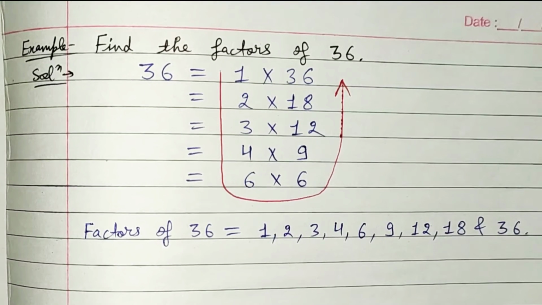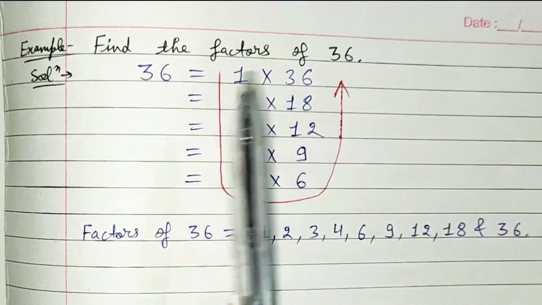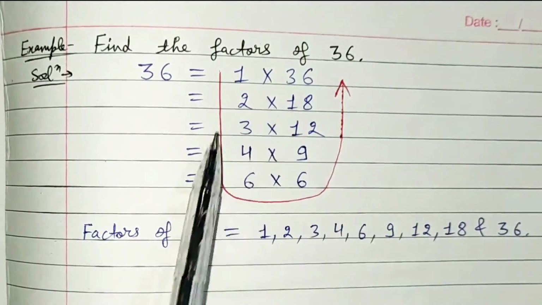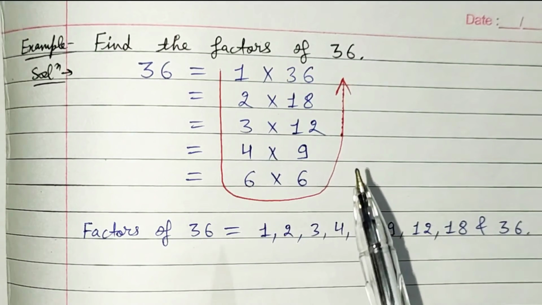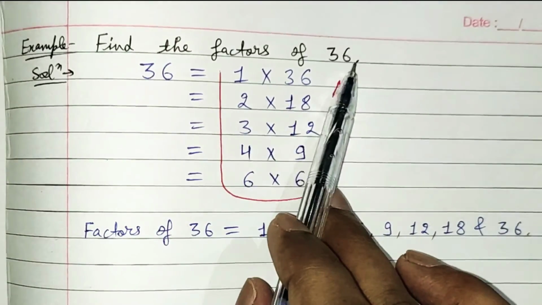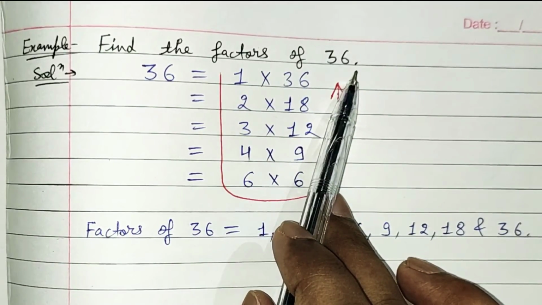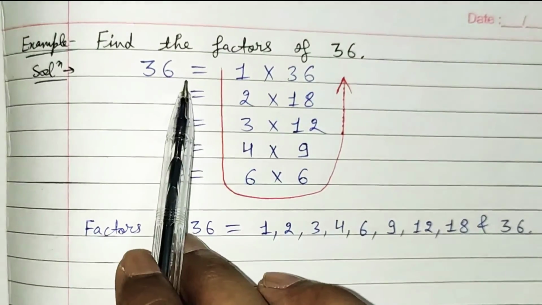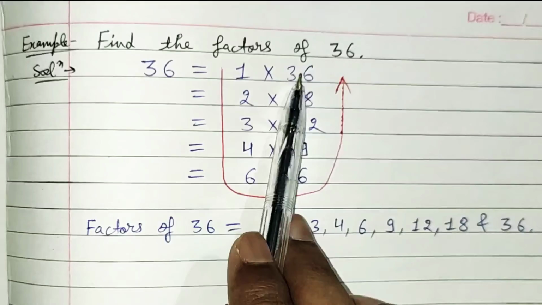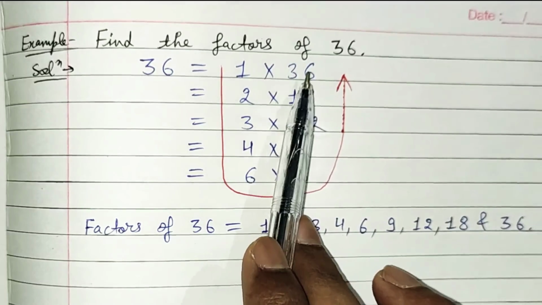Now to understand the properties of the factors, let us take another example. Find the factors of 36. I am taking 36, that is a bigger number than 4, because it is having so many factors. That's why I am taking 36. For the factors, we don't need to divide every time because 36, you all know very well in which table this 36 lies. Okay, so first we always have to start from 1. So we can write 1 into 36. This is the simplest, means you will have to write this each and every time for the given number.